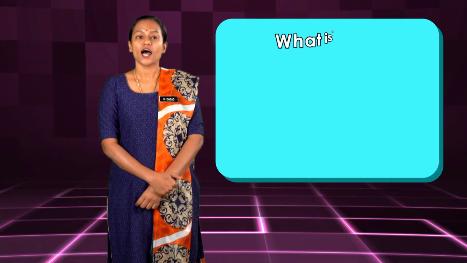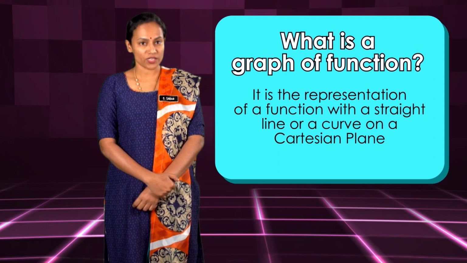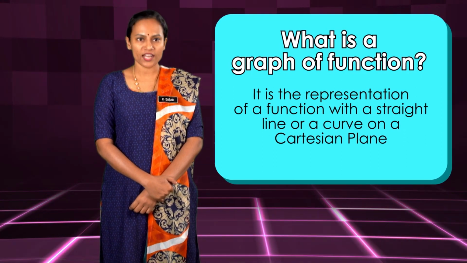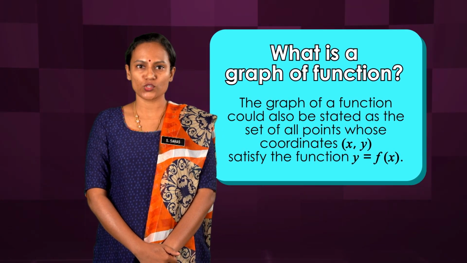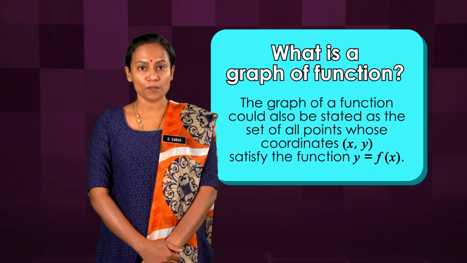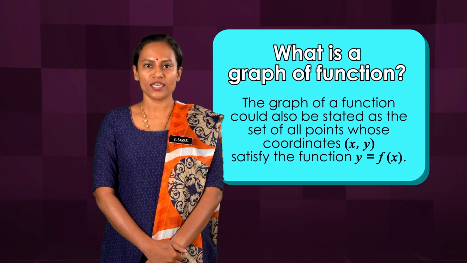First of all, let us learn what exactly a graph of function is. A graph of function is the representation of a function with a straight line or a curve on a Cartesian plane. In another word, the graph of a function could also be represented by the set of all points whose coordinates (x, y) satisfy the function y = f(x). This means that for each x value, there is a corresponding y value which is obtained when we substitute into